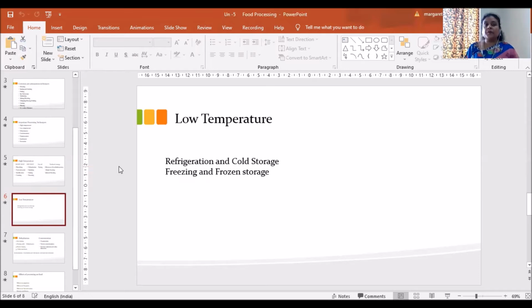You can store these products at room temperature. They include jams and jellies, where you're adding preservatives like sugar, or oil, then salt, which acts as a preservative. These are the natural preservatives. Then you have dehydrated products, like cereals, pulses, etc., which, if stored properly at room temperature, can be kept for 6 months to 1 year. So all the non-perishable products and even a few semi-perishable products go in dry storage, whereas perishable products go in a deep freezer, and semi-perishable products sometimes stay at room temperature or can be kept in the refrigerator. So this is about low temperature.